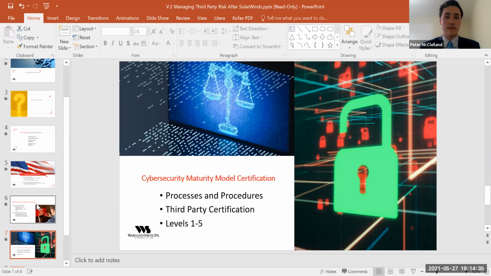And so build these into your vendor contracts, into your supplier contracts, in whatever way fits best for your business, and then require, ideally, third-party auditing, and that your subcontractors comply with the same kinds of contractual obligations.